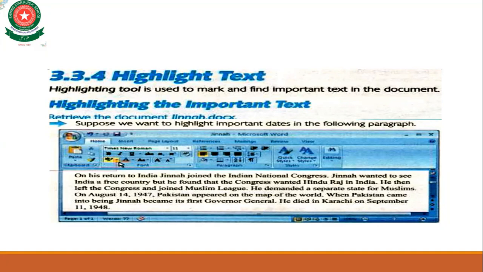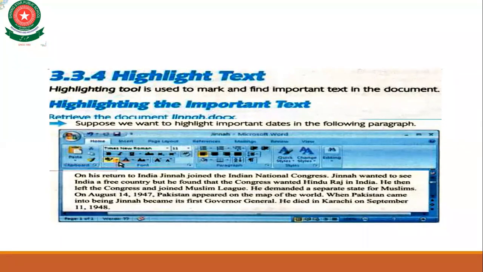Here you can see that on his return, Jinnah joined the Indian National Congress. Jinnah wanted to see India a free country, but he found that the Congress wanted Hindu Raj in India. He then left the Congress and joined the Muslim League.